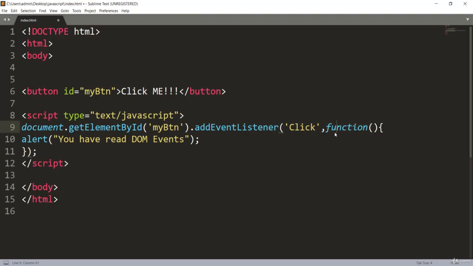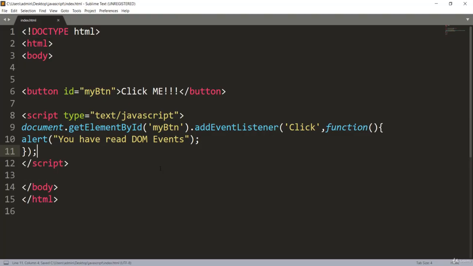It does not need to be called by its name, because this is an anonymous function, and we use it to give the alert to the user. You can do anything inside of this anonymous function.